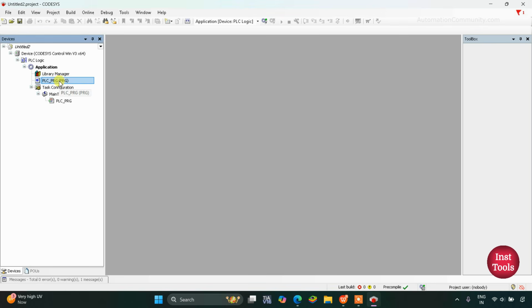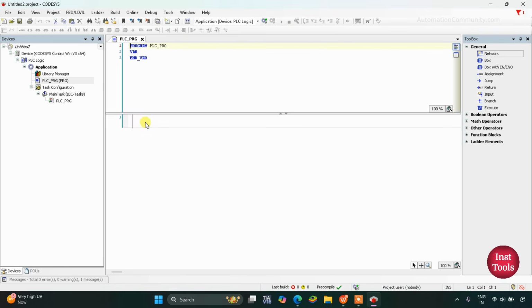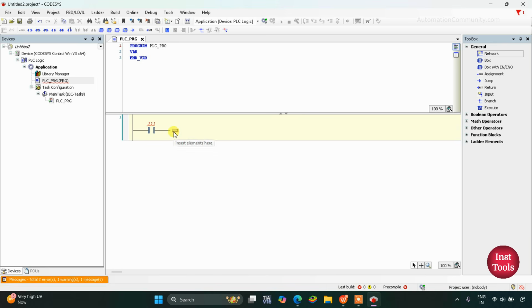After that, go to PLC programming here and here we will draw the ladder diagram. Firstly, I will insert a normally open contact here and a set coil. We'll insert a set coil, and this normally open contact will be